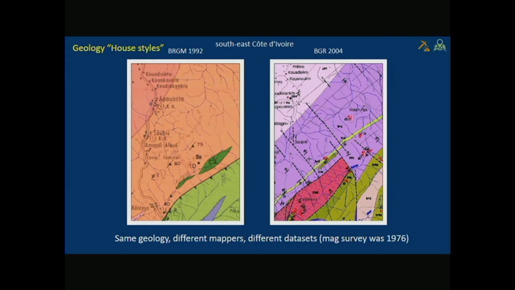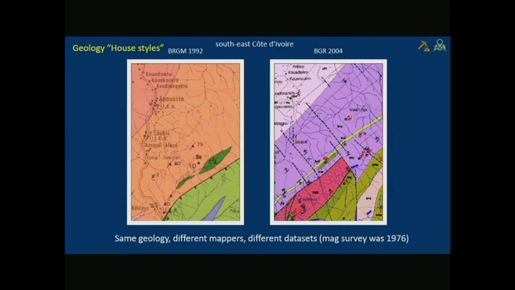And the house style for the Geological Survey, the German one, is that they have things that are going along and then they're cut by perpendicular faults. Whereas the house style of the French Geological Survey is that things lens out. I'm not saying one is right or the other is wrong. I have no idea. I mean, there's not that much outcrop. But they're quite different solutions to the same problem with fundamentally the same data. I know that the German Geological Survey used the MAG data. It was available for the French Geological Survey. I don't think they used it. But that's part of it, is what do you choose to use as data sets, as inputs.